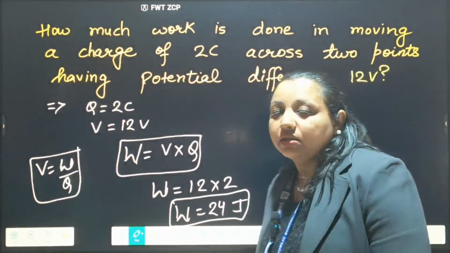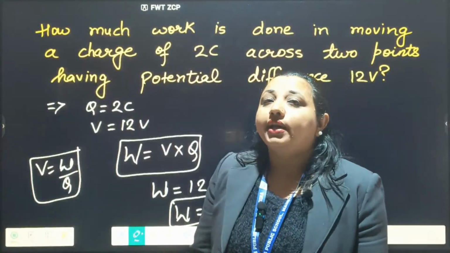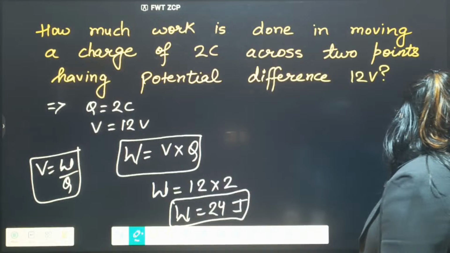2 coulomb of charge. Okay, to move 2 coulomb of charge, if our potential difference is 12 volt, then we have to do 24 joule of work done, right? So this is how we can find it. Next we have the next topic. So these are the topics related to the resistance or the work done, or the questions based on the previous topics which we have already discussed. The next topic we have is